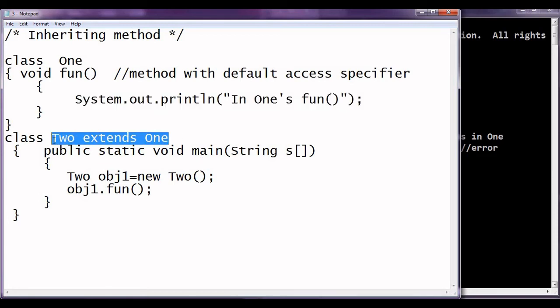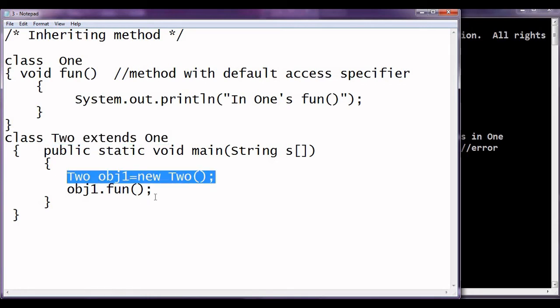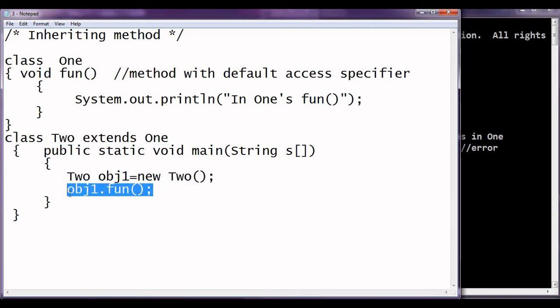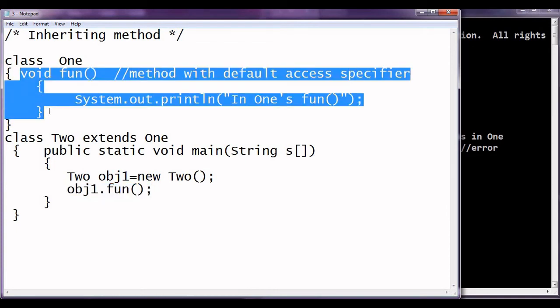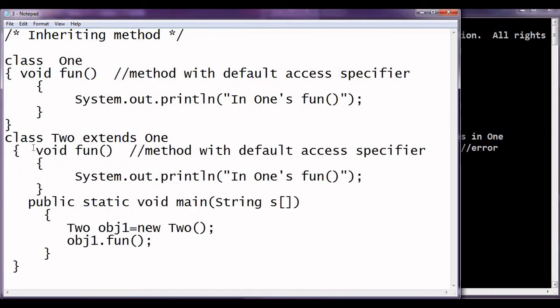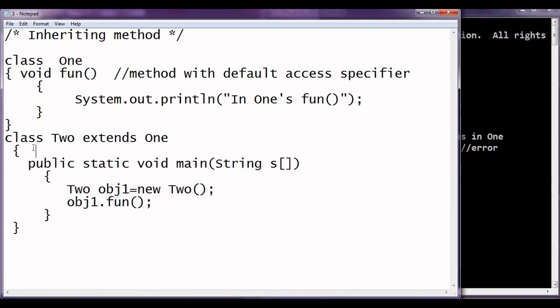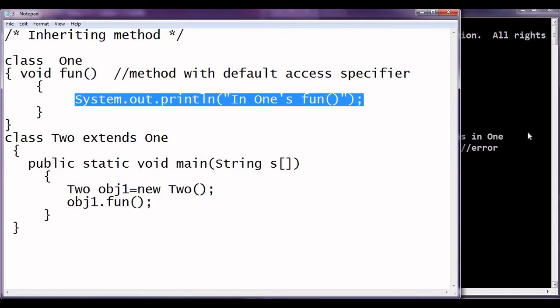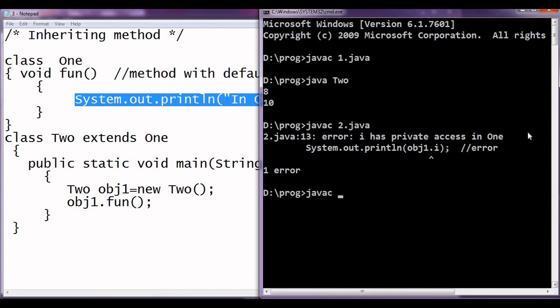We are inheriting class 1 into class 2. Then the object of class 2 has been created, and then we say obj1.fun. Again this function will be available over here because it's inheritance. So we have to assume that this function is also available like this. So the code we have written will be executed. Let us see it.